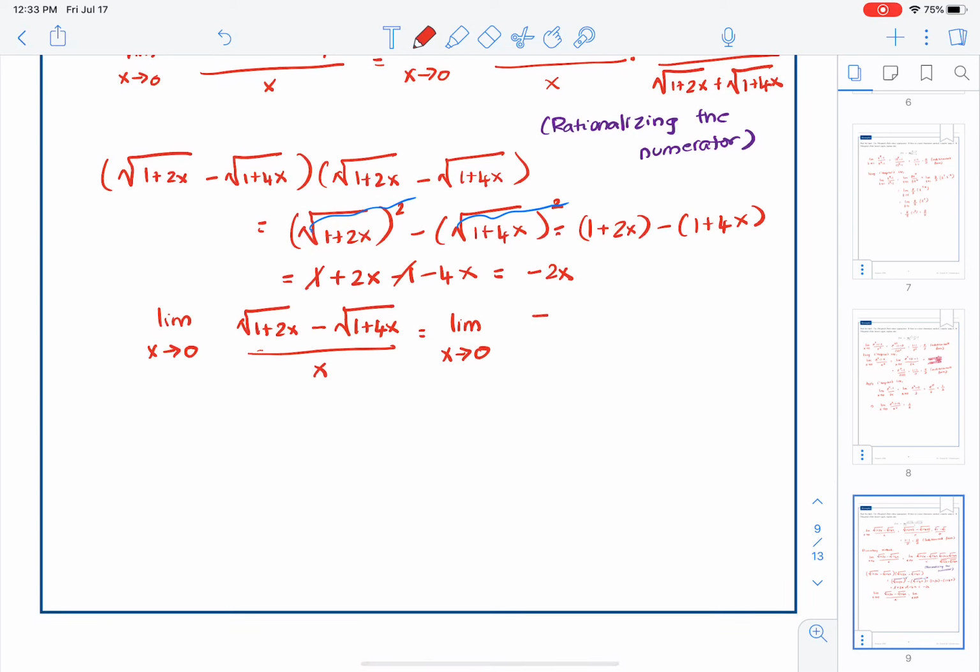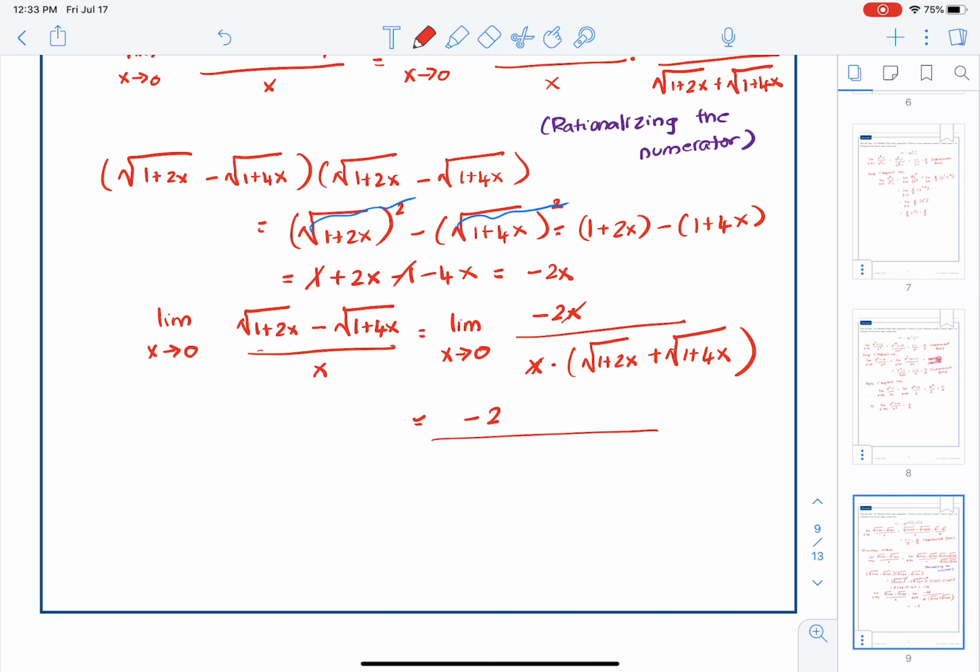The numerator, after rationalizing, becomes negative 2x. And we have x times square root of 1 plus 2x plus square root of 1 plus 4x. The x's would go away, and we'll have minus 2 divided by,